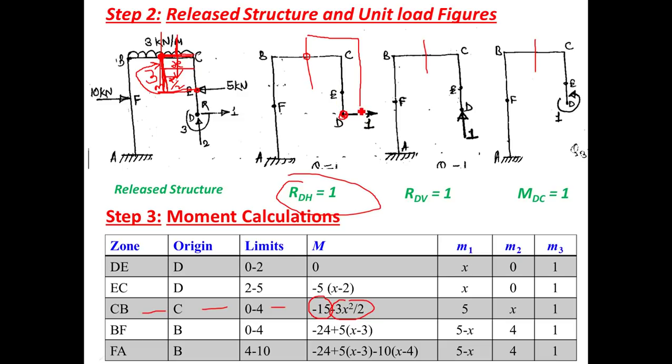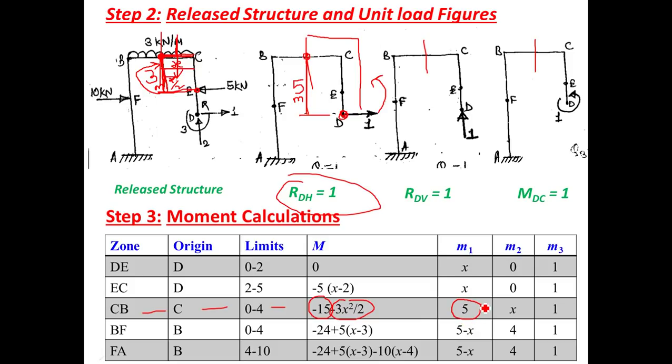Now unit load is horizontal, therefore vertical distance becomes perpendicular distance. So this vertical distance is the perpendicular distance, which is known to us. This vertical distance of the right column is 5 meter. So what is the moment of this unit load about this point? 1 into 5, that is 5, and it will produce anti-clockwise moment. So it is plus 5. If you look at the M1 column, third zone, it is 1 into 5, that is plus 5 because it is anti-clockwise.